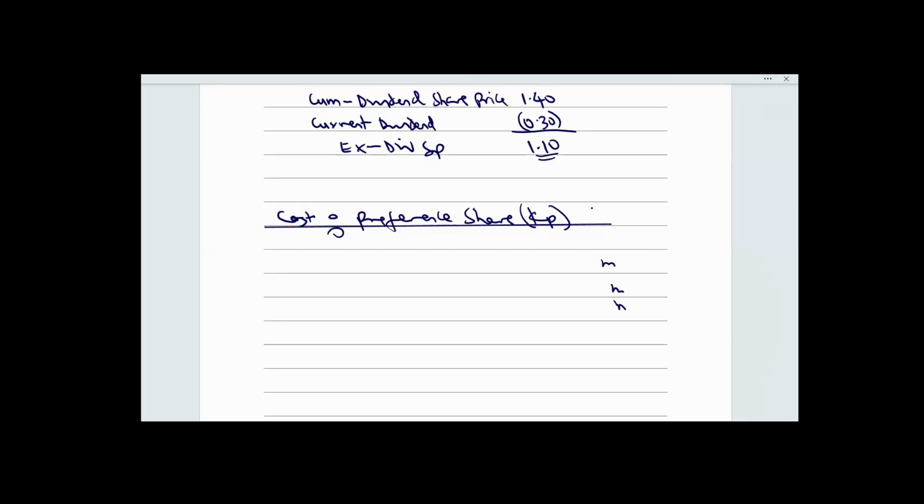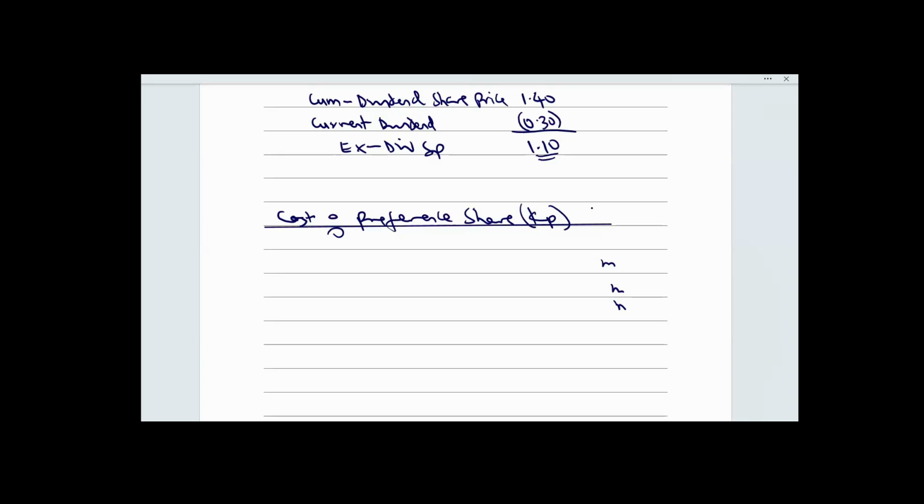That is cumulative. If in the second year the company still does not make a profit, again you need to carry it forward to the third year, until the company is able to make profit to recover. That's only when the preference dividend will be paid. So you are accumulating it. That's why it is called cumulative preference share. If in that third year the profit the company earns is not sufficient to cover the preference dividend, whatever balance is outstanding, you also carry forward until you have profit again to pay.